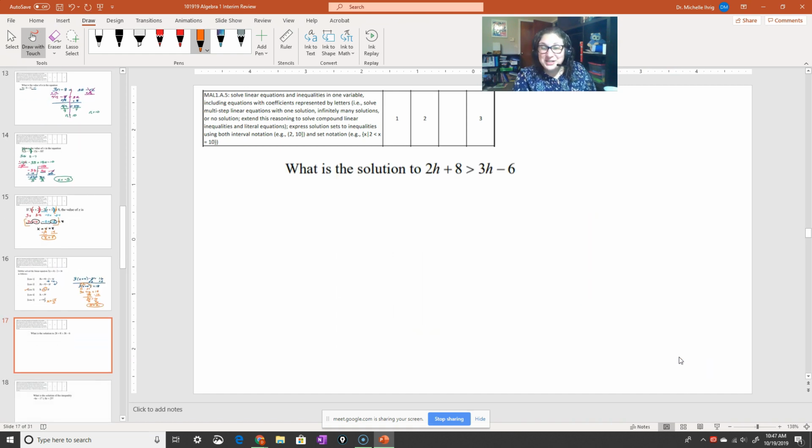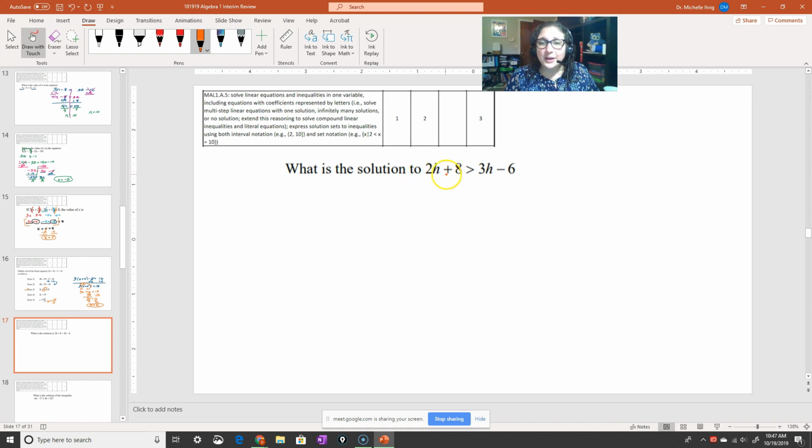Okay, now switching to inequalities. Now, when we switch to inequalities, everything is the same except for one thing. The only thing that's different is when you divide or multiply by a negative number, you flip the direction of the sign. That's the only thing that's different. So let's take a look at this problem. Because the strategy I've been showing to you is to move over the variables to the side that's got the biggest number of variables, you should never have the problem of flipping the sign. So I'll demonstrate it here.